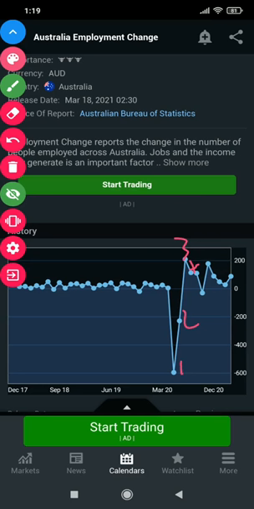So we'd have said we expect AUD to go down, meaning it's a sell for AUD. So in this case, we expect it to go up, meaning we expect a buy on AUD, which is also